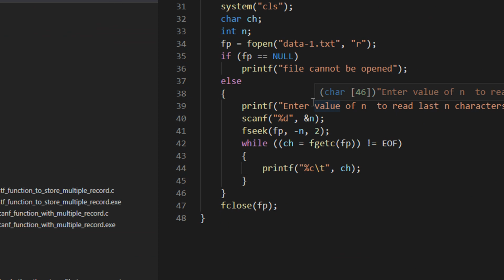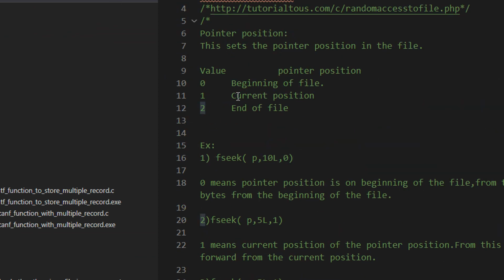First is the file pointer. Then this specifies the position, and I will tell you what this position means. And the last is a number, which can be one of three numbers: either 0, 1 or 2.